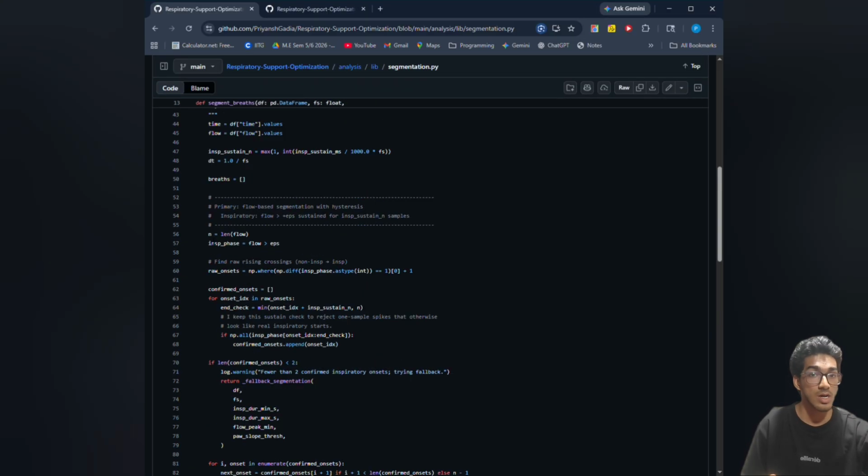Yes, right over here, as you can see, we are marking the inspiration as a flow which is above a small epsilon number, and we keep only starts that stay on for a short duration of time. So we do not take noise that creates fake breaths, like when we cough, or there's some other jerk or error. This part, find raw rising crosses, helps us do that, and we'll move on to the next file, which is